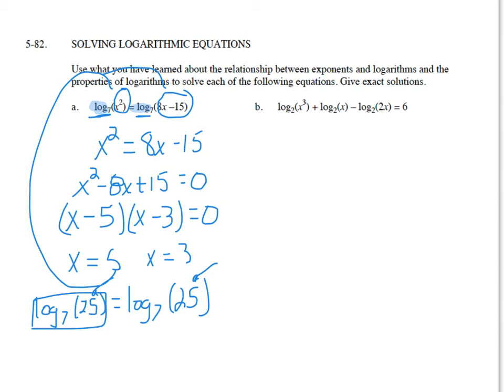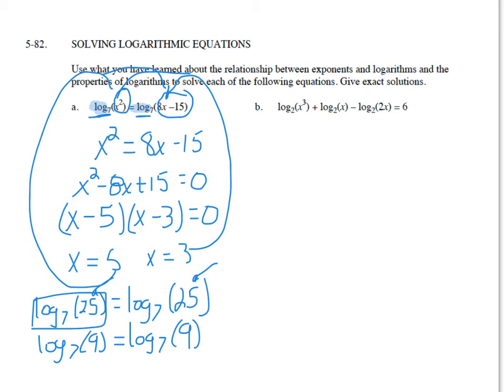Now let's try that with 3. Log base 7 of 3 squared is 9, equaling the log base 7 of 8 times 3, which is 24, minus 15, which is 9. So all I did is I took that 3, plugged it in there, plugged it in there. Answers check out. Now for part B, log base 2 of x cubed plus the log base 2 of x